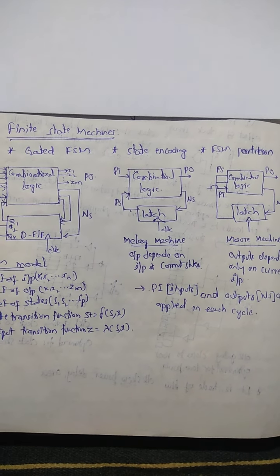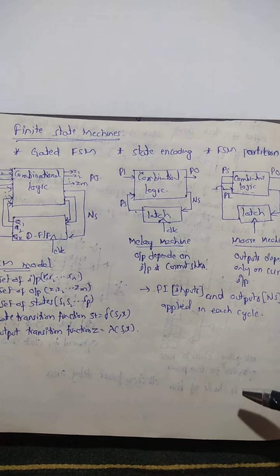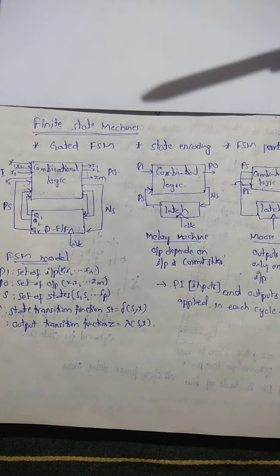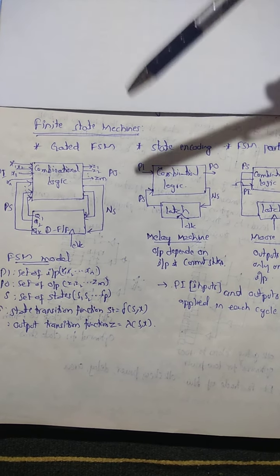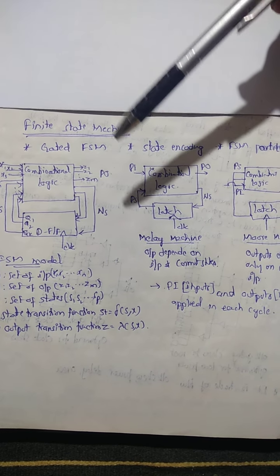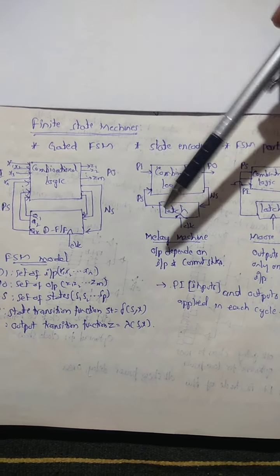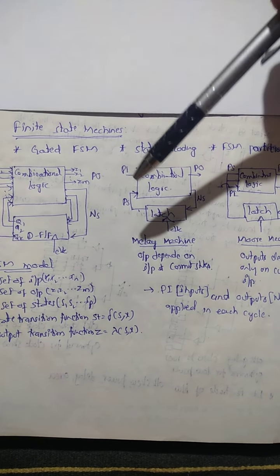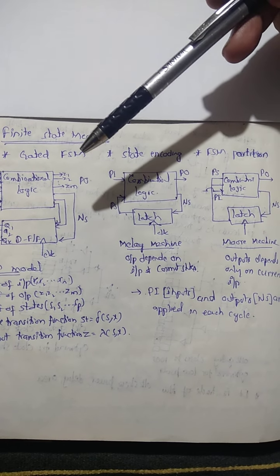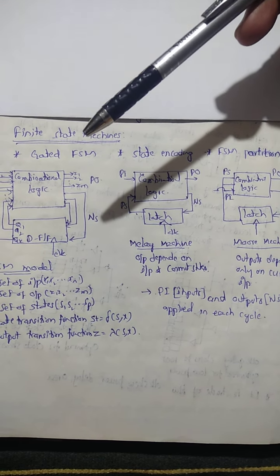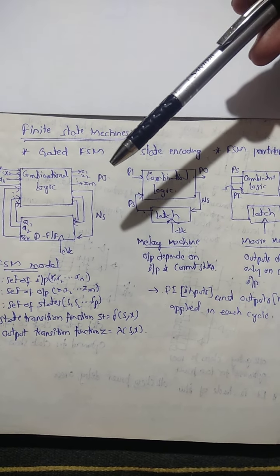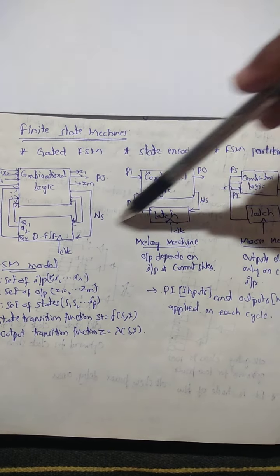First of all, finite state machines play a critical role, particularly in digital systems. When we go for synthesizing a digital system, there will be two paths: one is the data path, another one is the control path. The data path deals with the registers, ALUs and memory banks, etc., whereas the control path deals with only the FSMs.